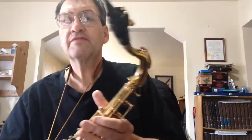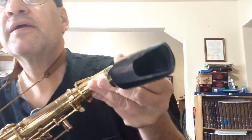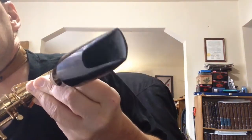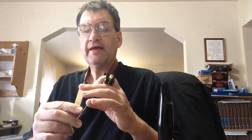Now this mouthpiece, you're not going to be able to really see this here, but it has really no baffle in it. It's just kind of like an open round chamber classical mouthpiece. So my substance is coming from the reed, not so much from before. There was not much there. Now this is a much taller heart,